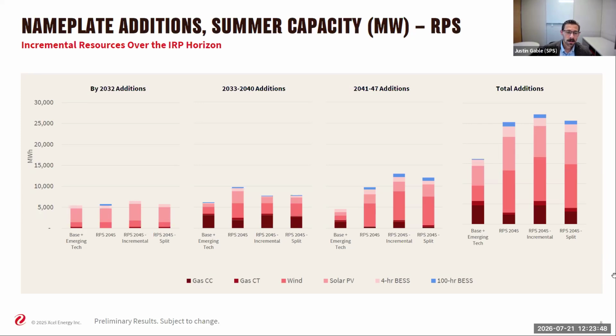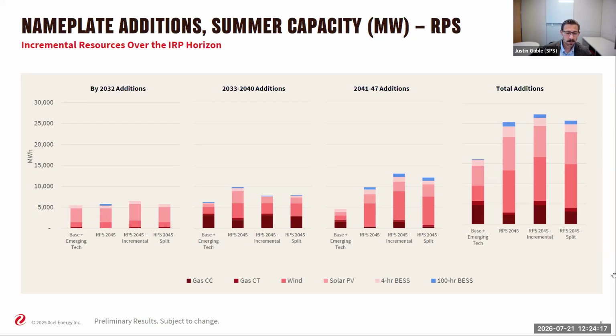Now, RPS 2045 assumes the RPS constraint during the initial capacity expansion for New Mexico load. So this would be a build where we are requiring the state-specific requirement in SPS's system-wide build, which covers both Texas and New Mexico. It's still only the load ratio share for New Mexico, but it does influence the system-wide